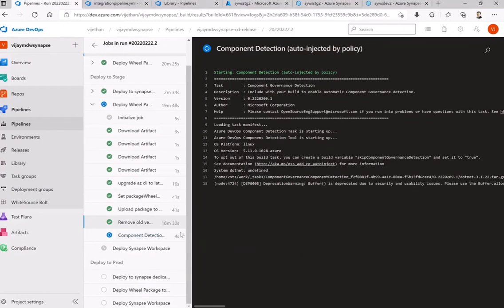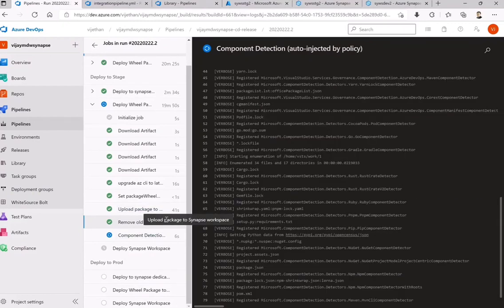Now it will proceed towards the Snaps workspace.